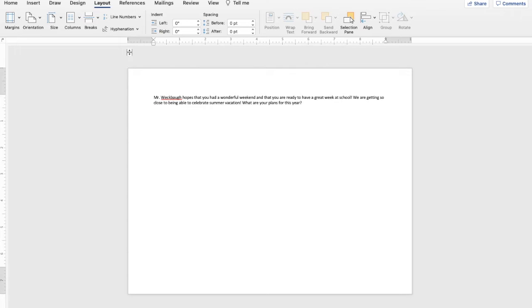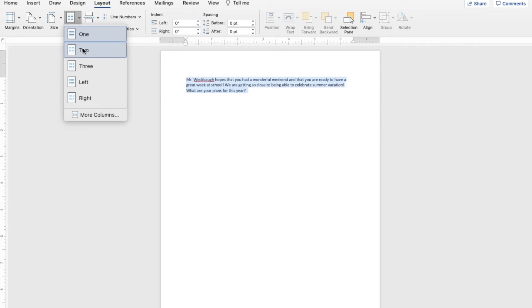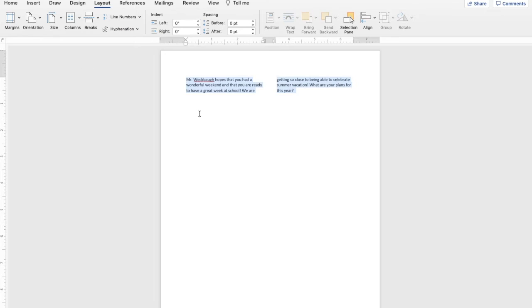But again, for most papers and reports and work documents and school documents, we will always be in the portrait portion of the orientation. Next thing is going to be columns. Let's go ahead, if we wanted to create some columns, let's just highlight our text and see what we get. If we said we want this to be in 2 columns, boom, whatever text we highlight, it will put into 2 columns. Let's try 3.